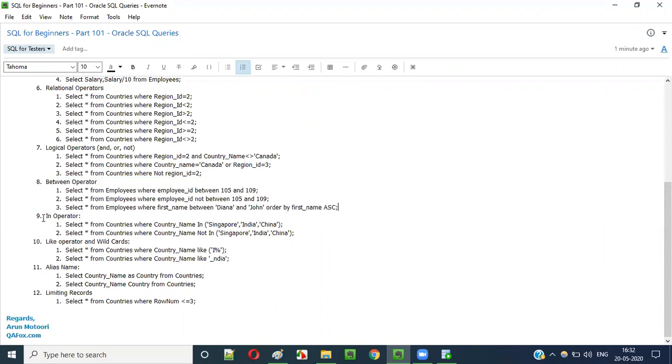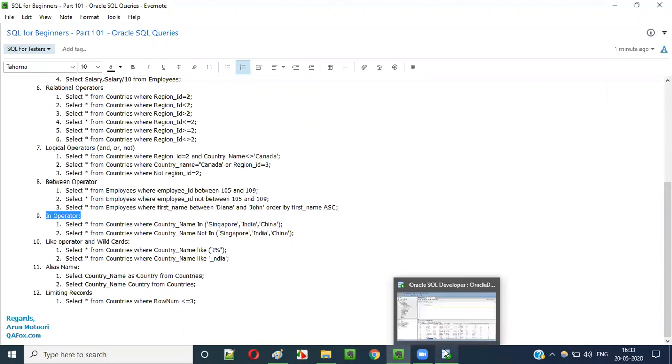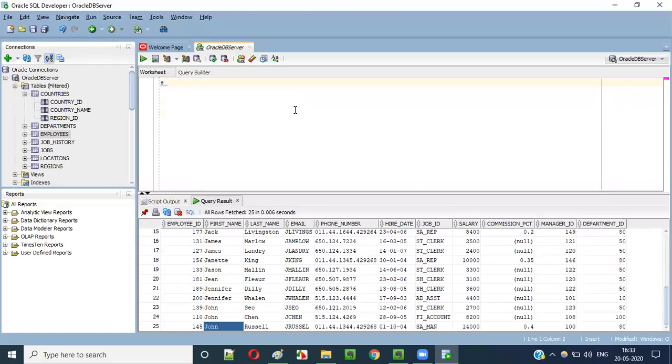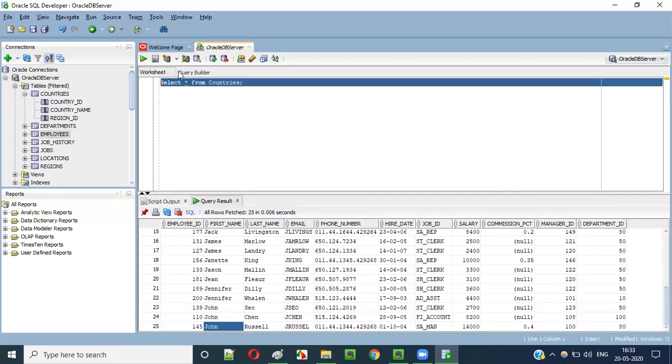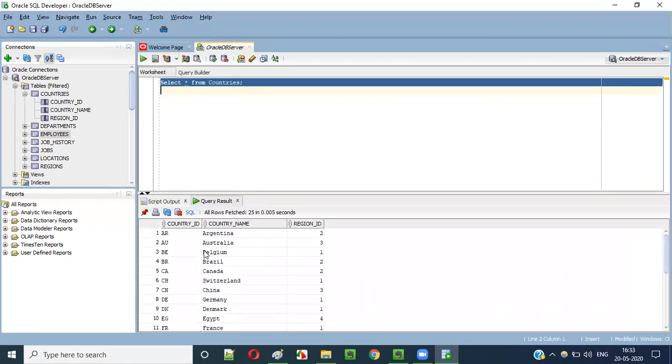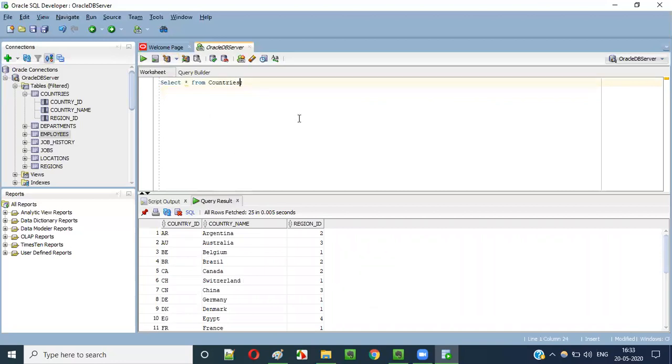Now let's move to the next operator, that is the IN operator. How to use the IN operator. If I say select * from countries, you'll get a list of countries, right? Let's say I want to get the list of countries where country_name is inside any of this list of countries.